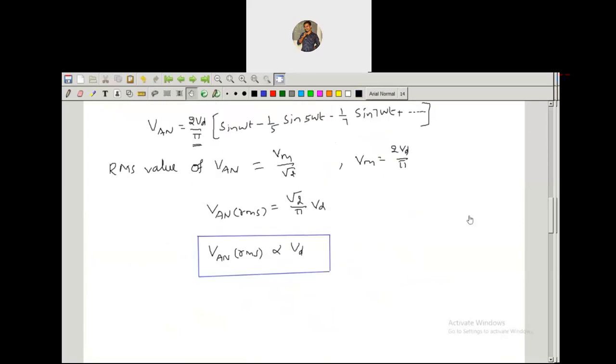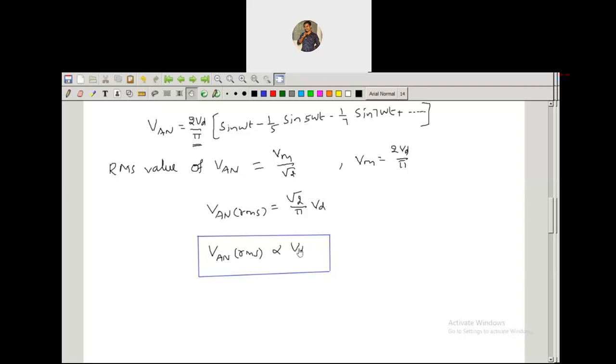Okay. So to get the variable output voltage of the inverter, we can vary this VD value. As we vary this VD value, we are going to get the variable output voltage of the inverter. That is, we can get the variable voltage for the induction motor. So for the induction motor, we can get the variable voltage by varying the VD value. Okay. So now getting variable voltage is okay.